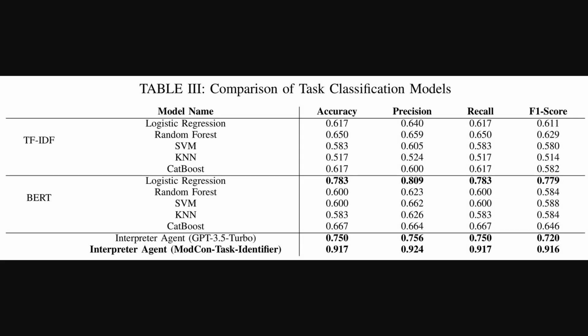Alright, so this final table gives us the full picture, comparing their custom model against a whole suite of others. The top sections show results for classic machine learning models using two different methods for understanding text. The first is term frequency inverse document frequency, or TFIDF, which is a way of counting important words. The second uses the more advanced BERT model. But the real story is at the bottom. Their custom ModCon task identifier model achieves an F1 score of 0.916, a massive jump over every other model, including